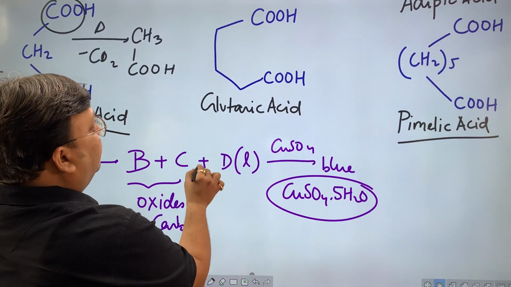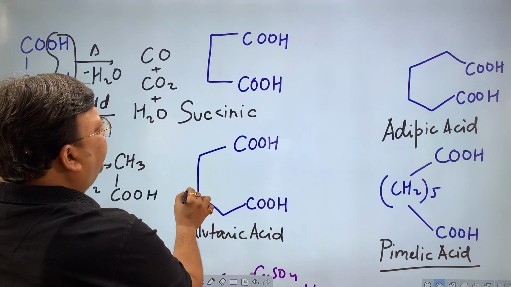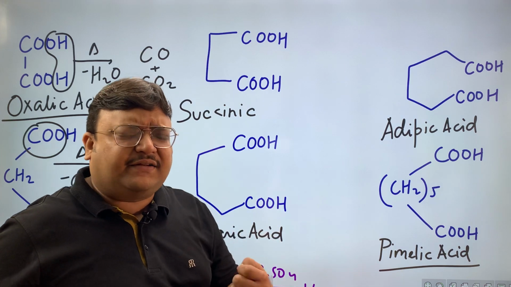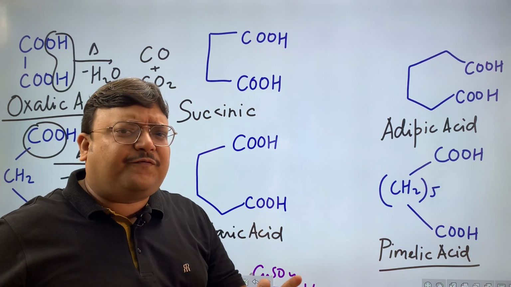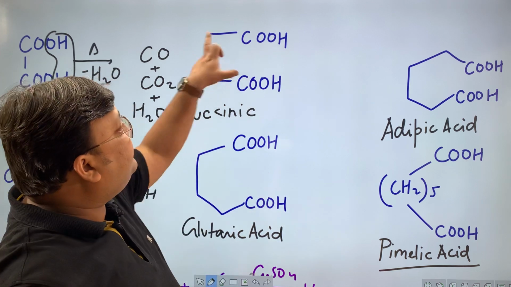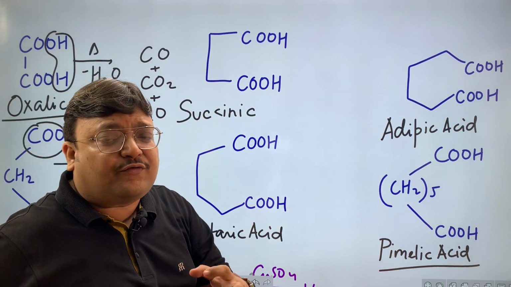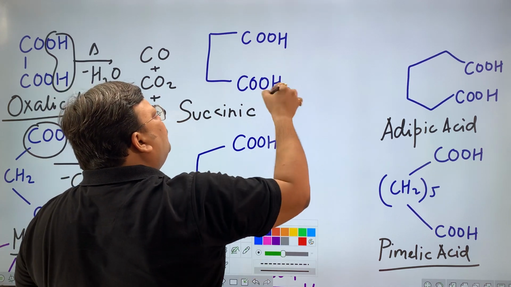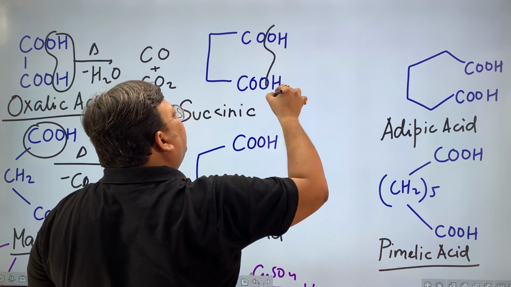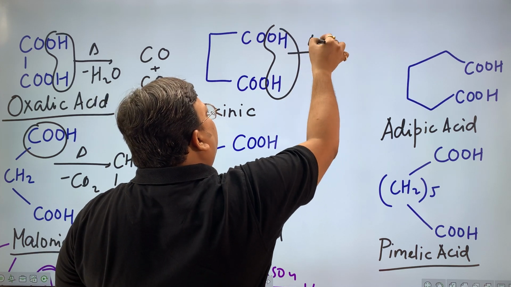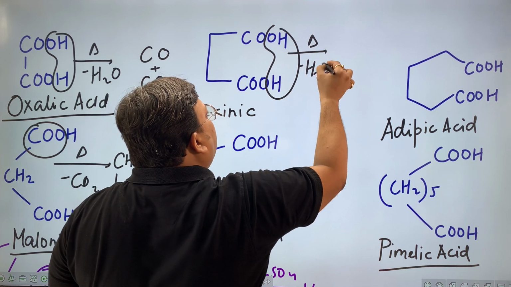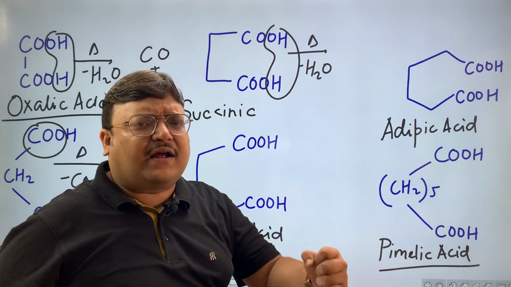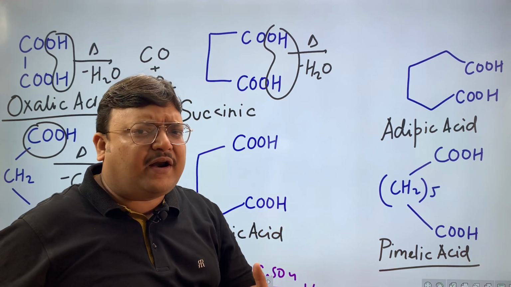Now, succinic, glutaric, 4 carbon, 5 carbon. We'll also want to find some logic behind this. When the chain is big enough to form a stable ring, 2 COOH will easily lose water to form an anhydride. Naturally, it will lose water to form a cyclic anhydride. But for this to happen, it needs to form a stable ring. कम से कम 5-membered ring होना चाहिए. A 5-membered ring, you know, is stable.